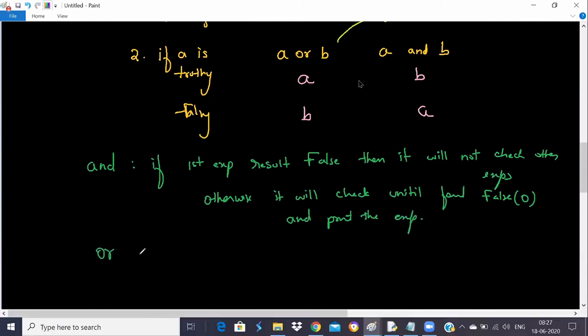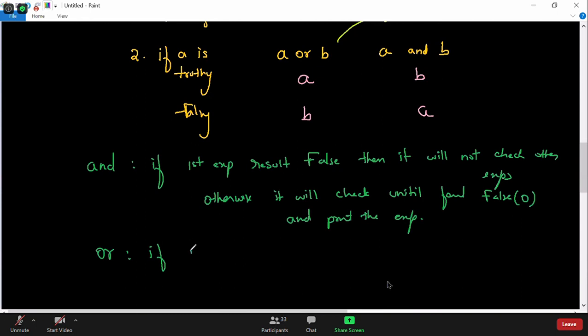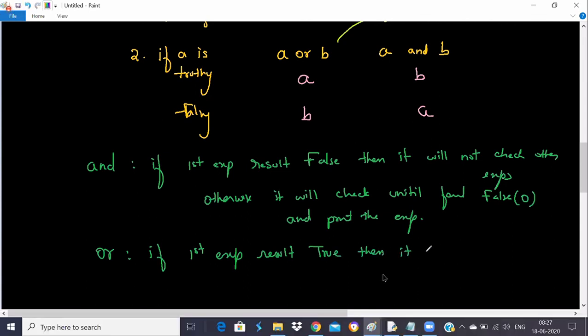In OR, if the first expression results true, then it will not check the other expressions.